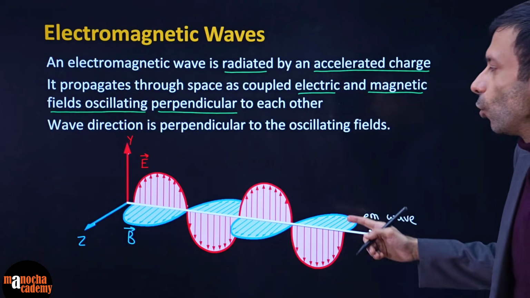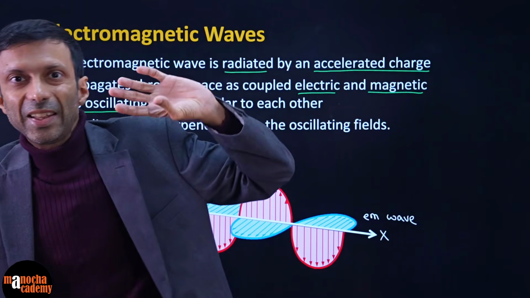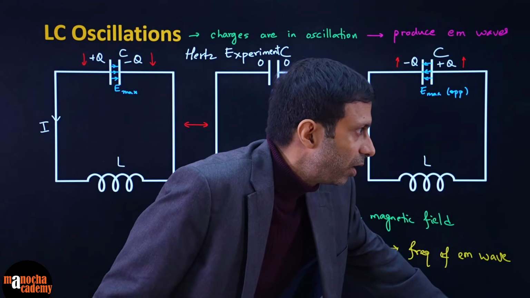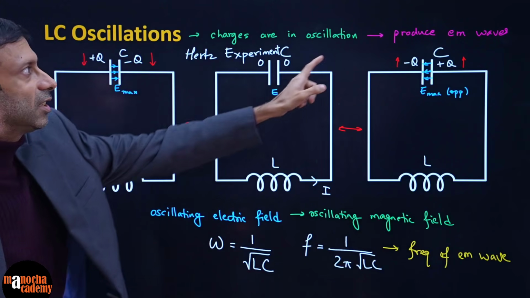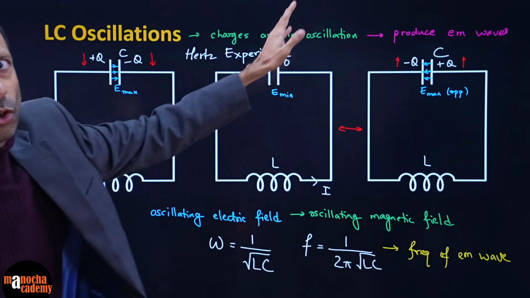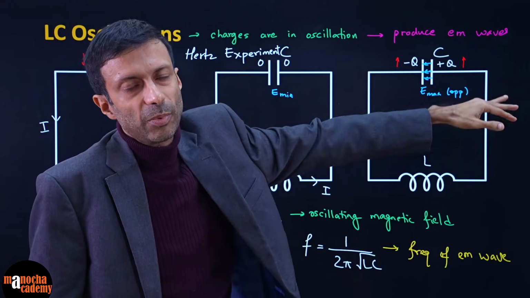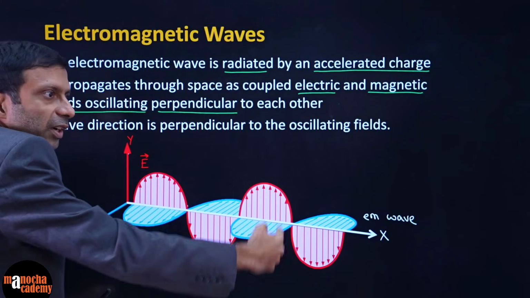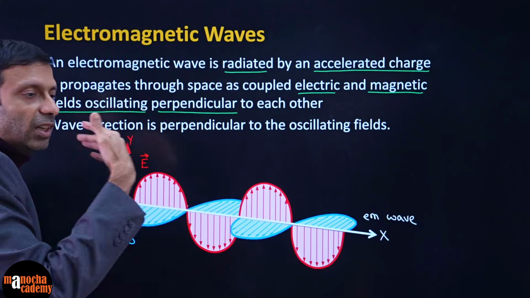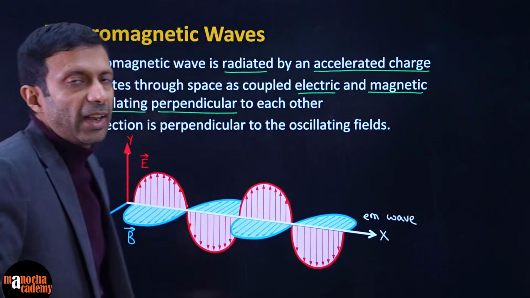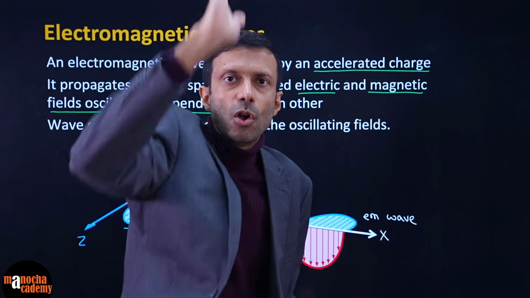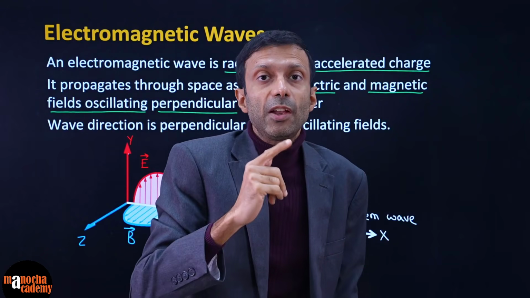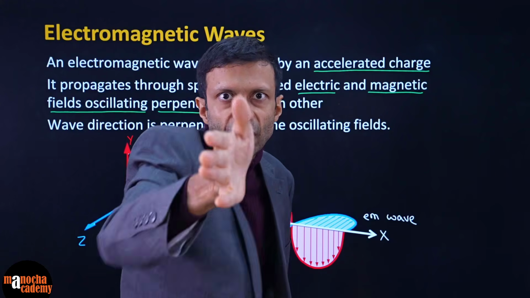So basically, when you have this changing electric field, I just explained it with the LC oscillator circuit. There is a varying electric field from maximum to 0 to minimum, on the maximum negative value, then again it will oscillate. So there will be a continuously varying electric field, let's say in a particular direction. Here we are considering the y direction, vertical direction. This will produce a magnetic field perpendicular to it, let's say in the z direction here.